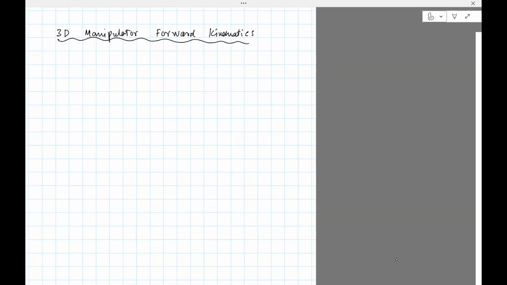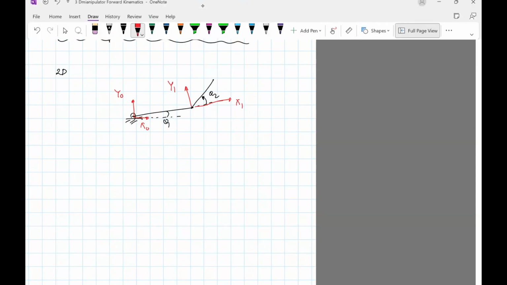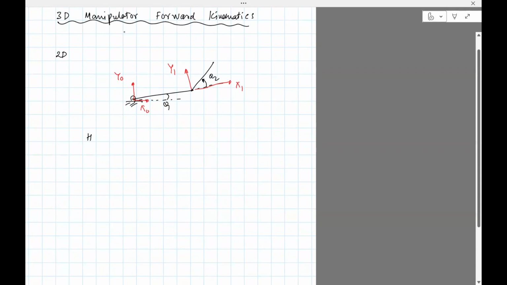Okay, let's connect this with 2D. In 2D, the example we did is a two-link manipulator, which we've studied extensively. So theta1, theta2 are the joint angles of the links. If you remember, we had set up axes x0, y0, x1, y1, and so on. And then we had written this homogeneous transformation H_i with respect to frame i minus 1